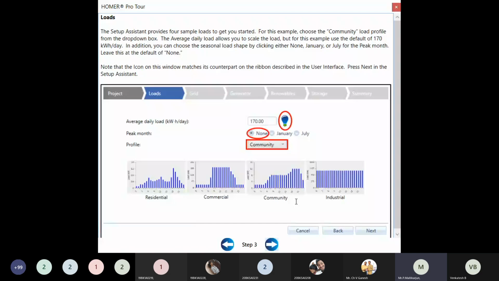Why? Because the screen sharing is not reflecting completely. I think it may take some time to reflect on the screen. Yeah, because Homer is a licensed version, it is there in the system. That is not reflecting on your system because of the internet and MS Teams. I think the internet we are using is not supporting that.